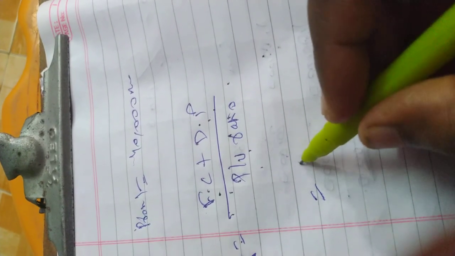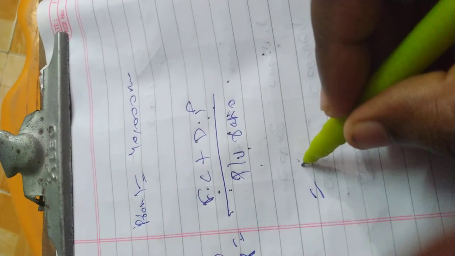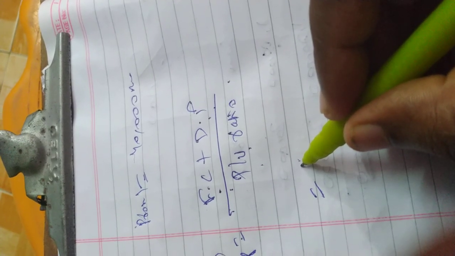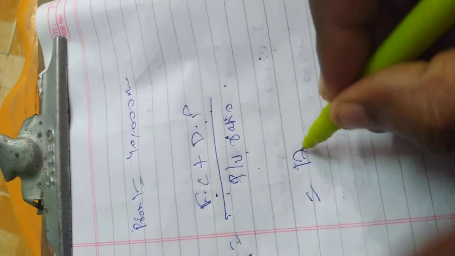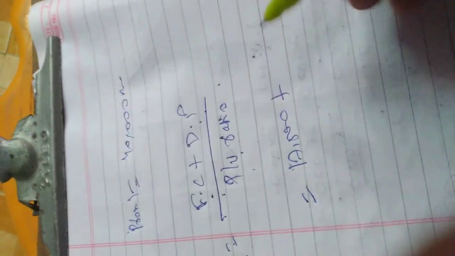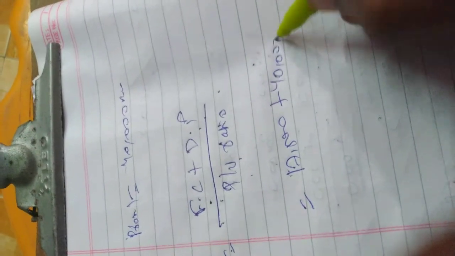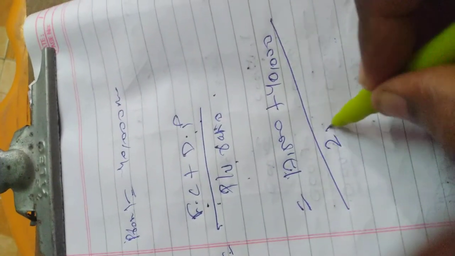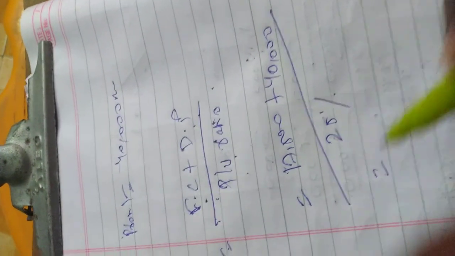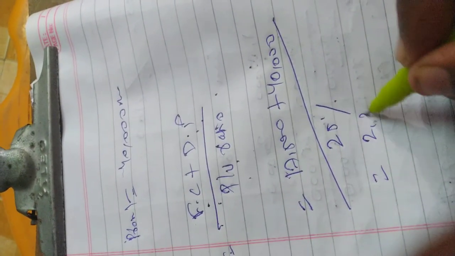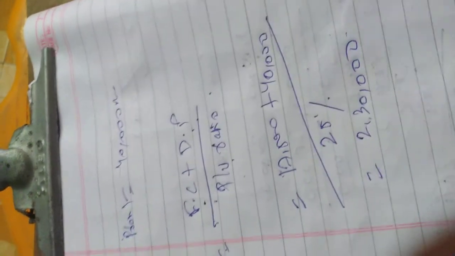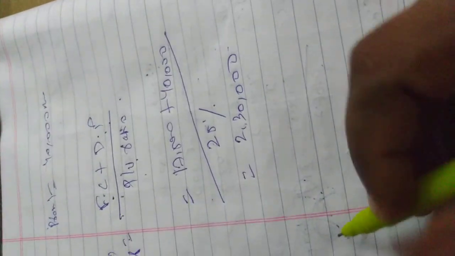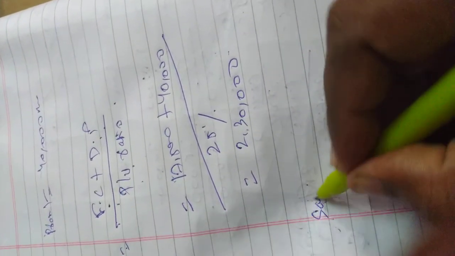So what is fixed cost? 17,500, plus desired profit as per the question, 40,000, divided by PV ratio 25% equal to how much? 2,30,000. The same thing, if you do it in